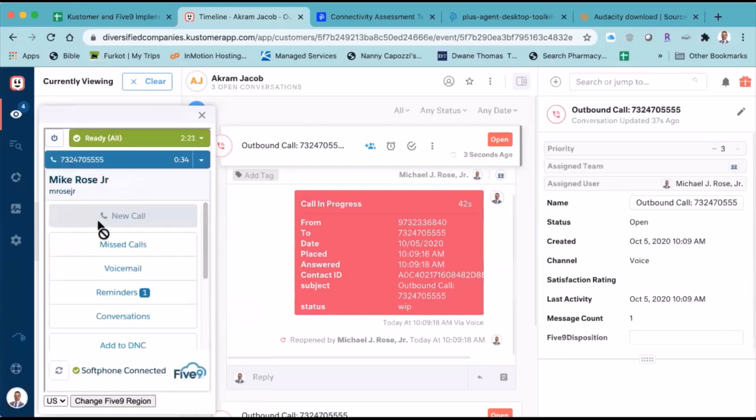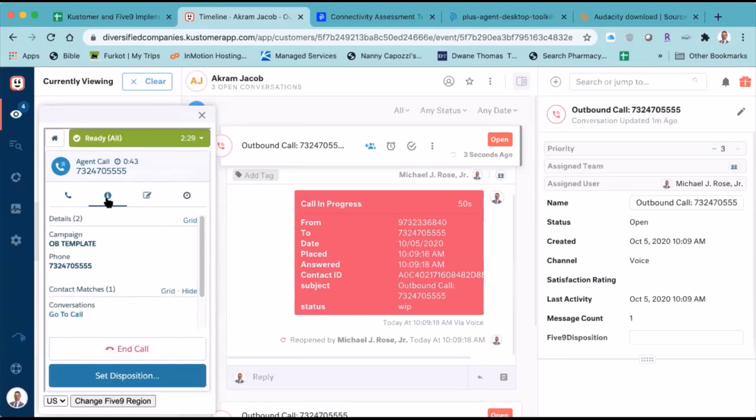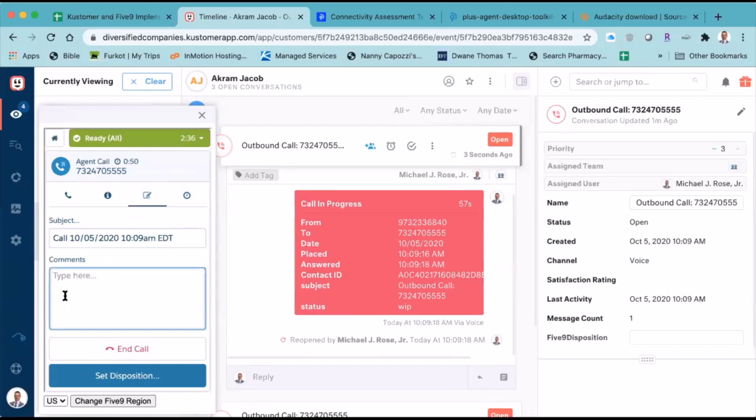We would go back into the Akram Jacob call, right? And I won't disposition right now, but you can click here. You see how there's info, and then there's comments. This is the past calls that we talked about already and the interactions already. But here's where you would put your comments. These are your comments. They're not going to be